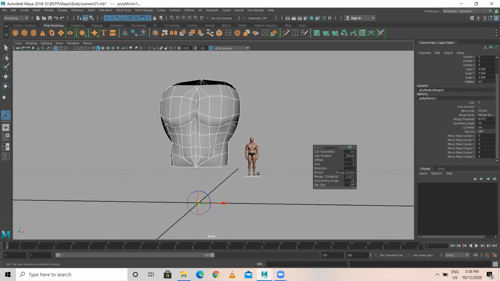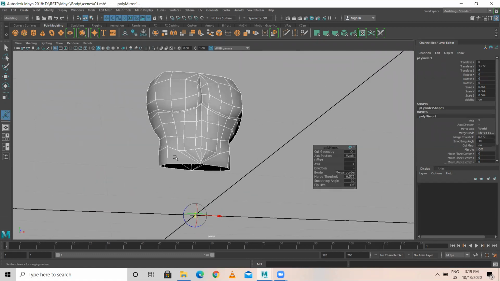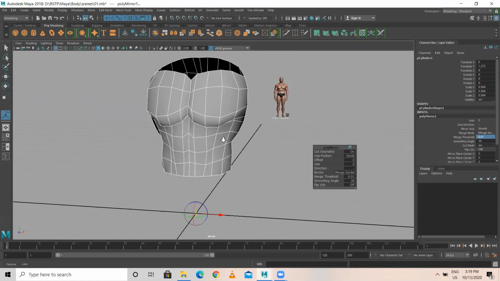The poly mirror, x axis. The merge threshold. See, when I do merge, all these lines have merged to the center. So the merge threshold is 0.01. Automatically it will release, and you get an output like this.